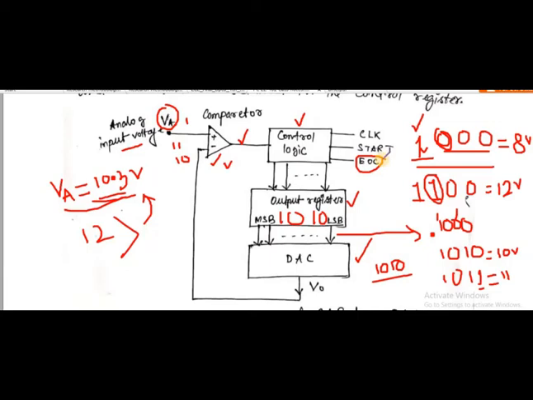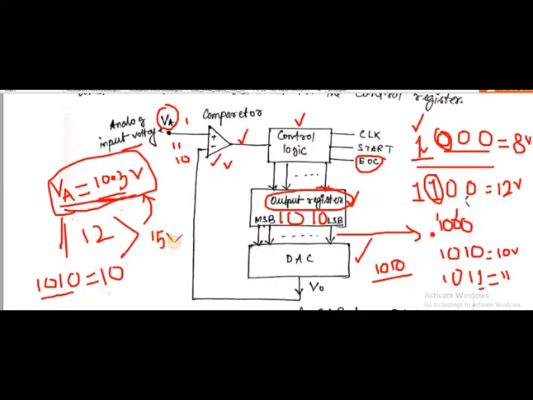Okay. So if the output register is 4 bit, it will process 4 bits. If the output register is a 6-bit register, then the end of conversion will be done after the processing of 6 bits. So in this case VA is 10.3, but its equivalent digital value we are getting is 1010, okay, which is equal to 10 according to our discussion. Now if we increase the number of bits, we know that the full length output we already considered, the full length output will be 15 volt.